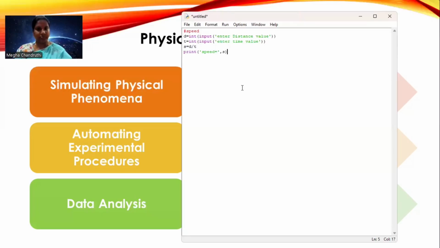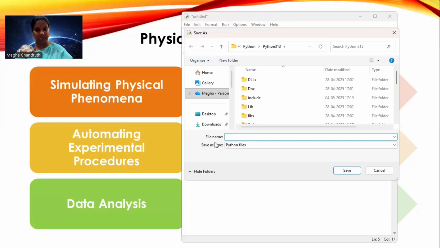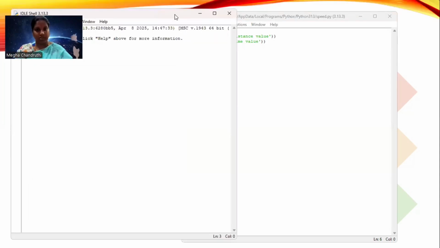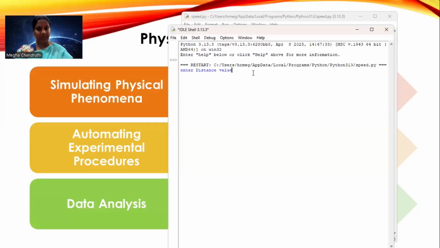Now let me save. Before running, it will automatically ask for save, so let me save it as speed. Here it will go for execution. It is asking to enter distance value. Let me give the distance value as 6 and time as 5. I automatically get 1.2.